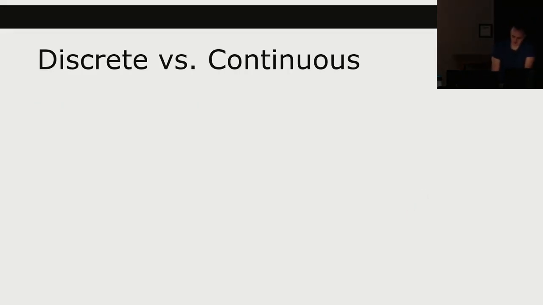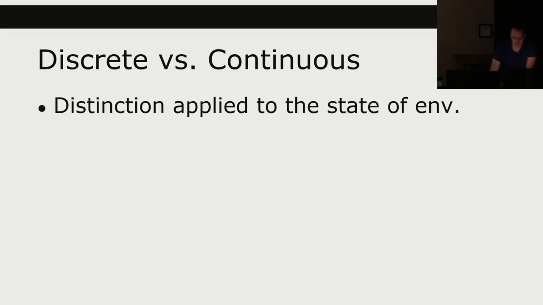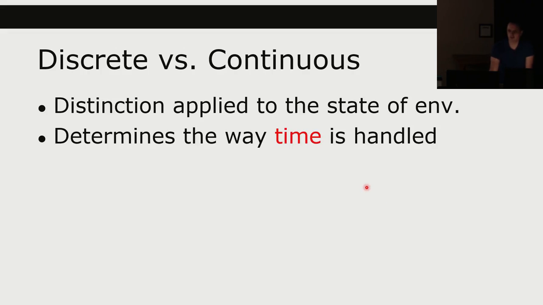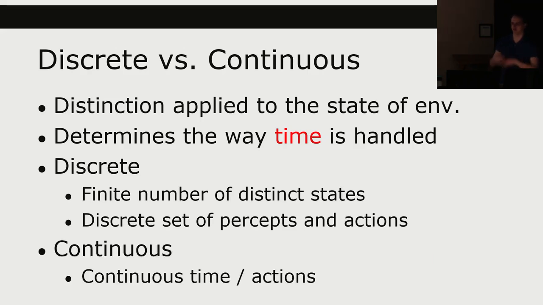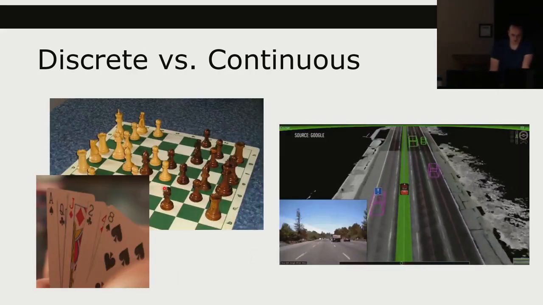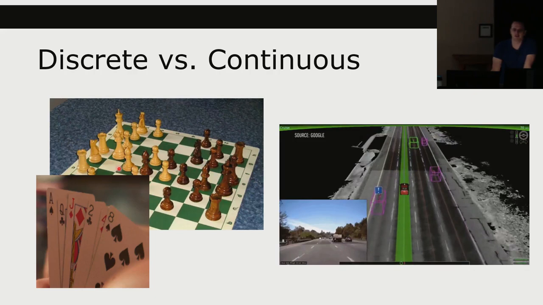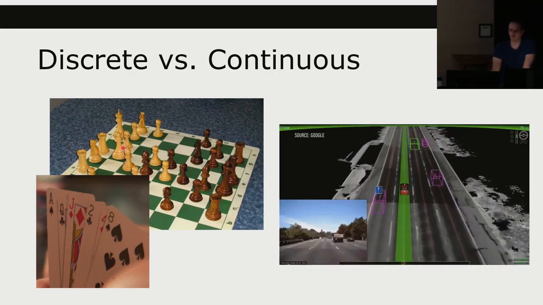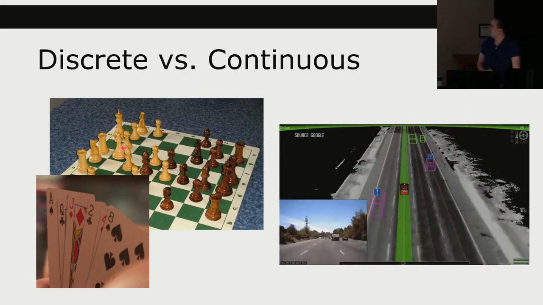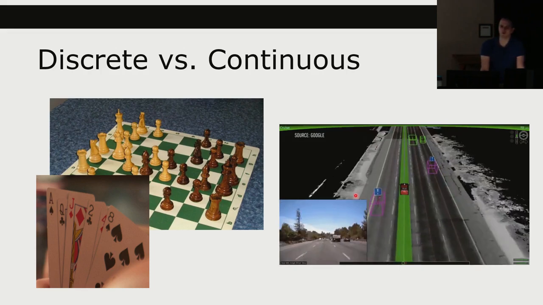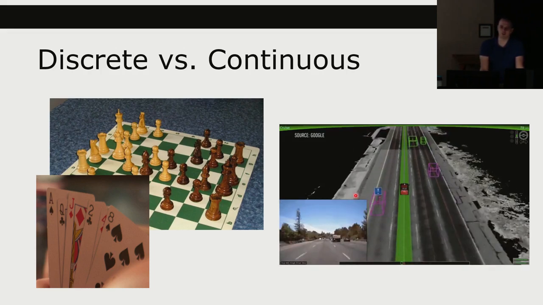Then there's discrete versus continuous. The distinction is applied to the state of the environment, and it determines basically the way that time is handled in the game. So discrete would be a finite number of distinct states that go through a sequence, like a game of chess again. You have a discrete set of percepts and actions, and continuous, you would have some sort of continuous time or actions. So discrete here, basically, any tabletop game. And actually computer games as well, because even though they look continuous, they're actually discrete states that move really fast, versus the actual real world would be the only real continuous environment that I know about, right, where